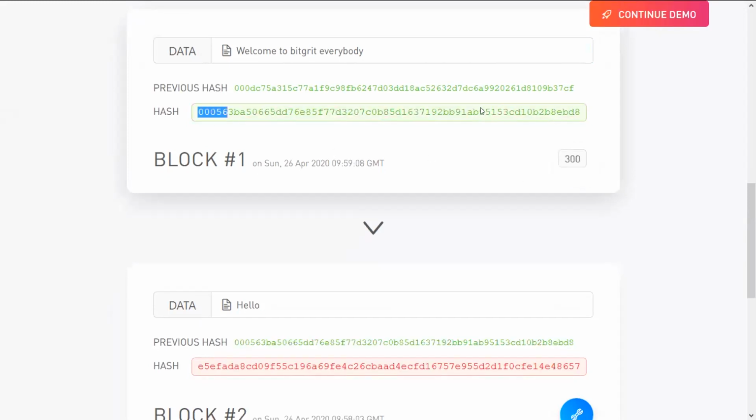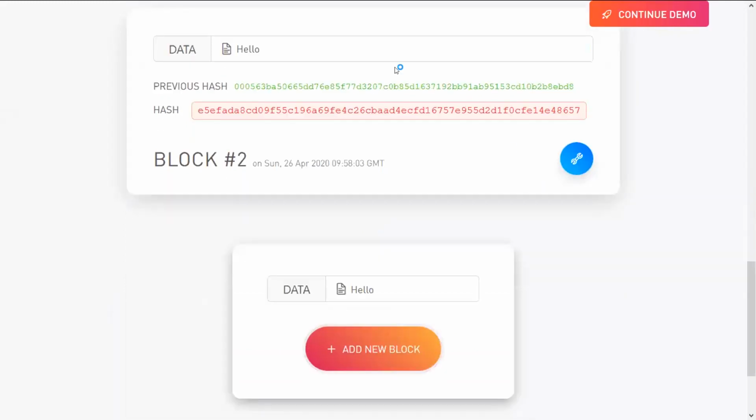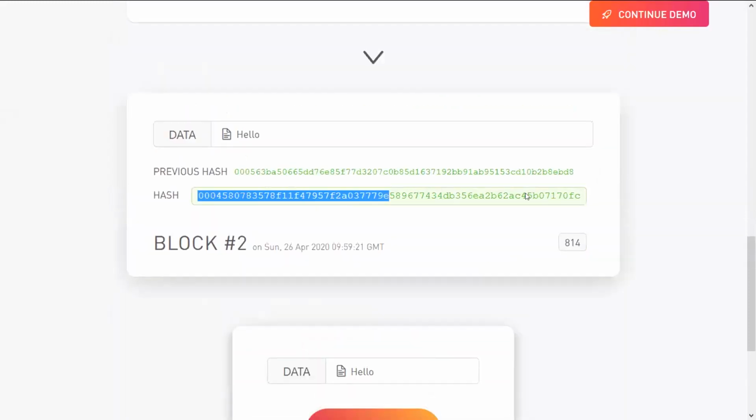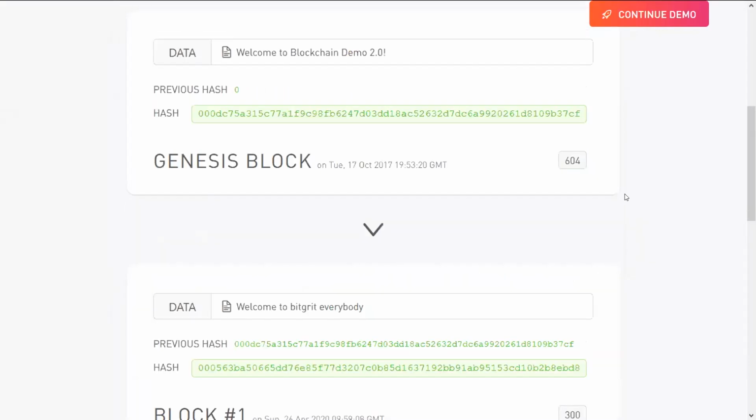So this is now the corrected hash which we got, and even the nonce has changed to 300 now. And now we need to change or remine this. So let's do it. And yes, now we have got the correct hash value. Yes. So now, as you saw, changing one record actually breaks the entire chain. So this is kind of the security which we were talking about earlier, in which if you break the